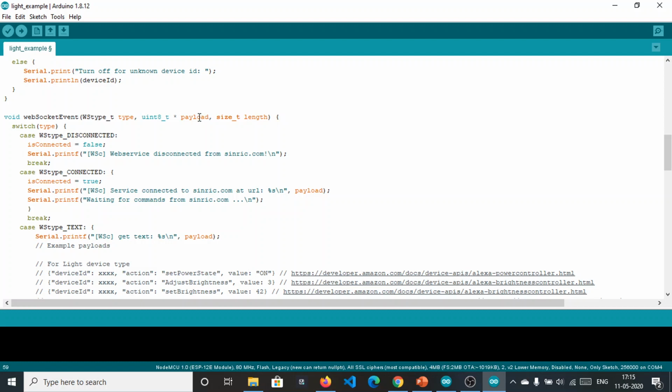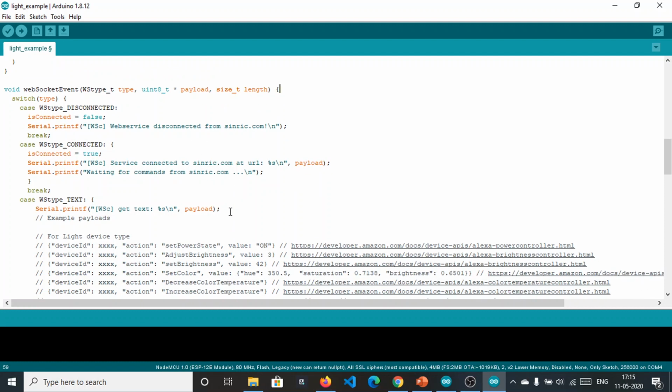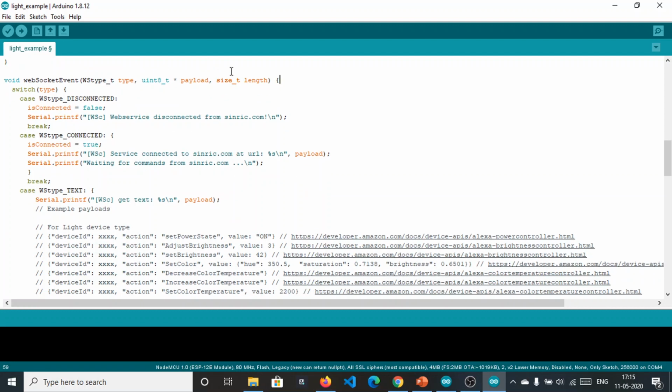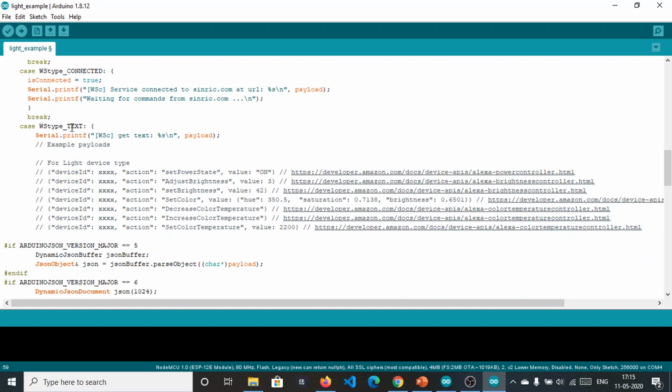Basically it's similar to the subscribe method in MQTT, where we have a subscription method that will check if new data is coming. Similarly here also, if new data comes to some topic or something happens in the connection, the type is changed. As soon as we are connected, the isConnected variable is assigned true, and the serial monitor will print service connected. Fine. And as soon as we get the text,